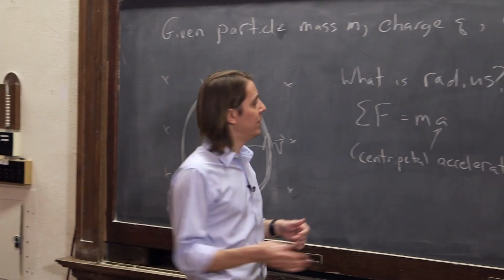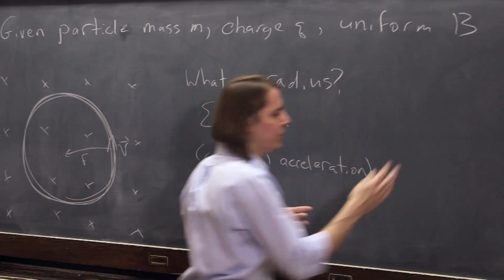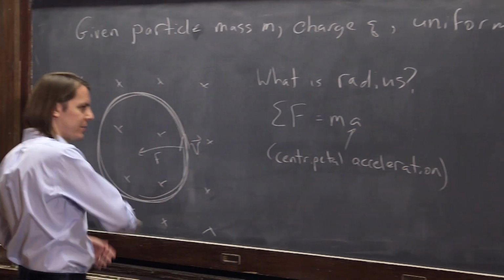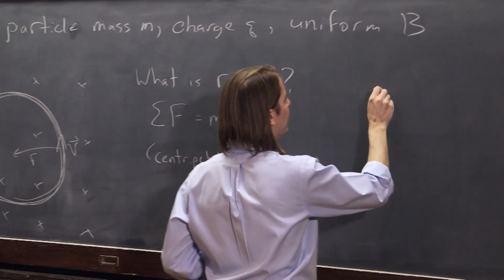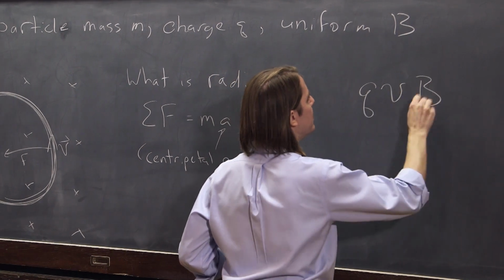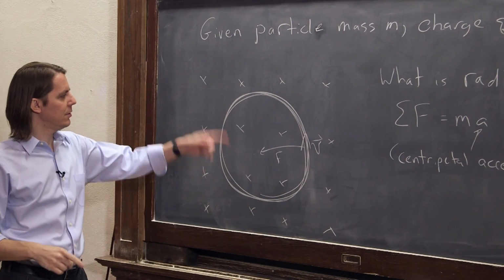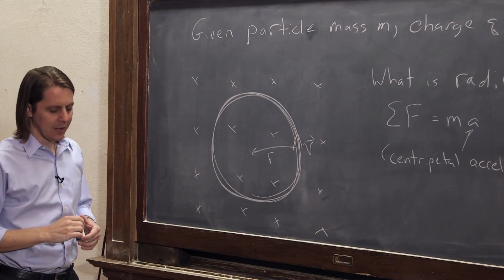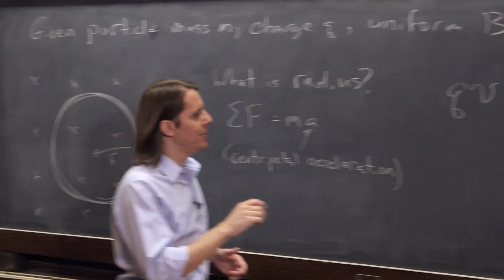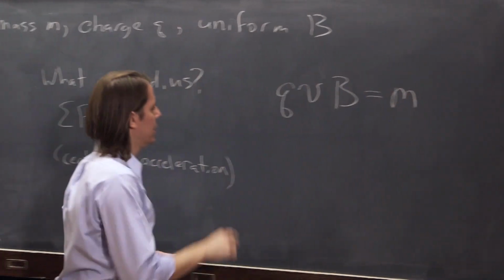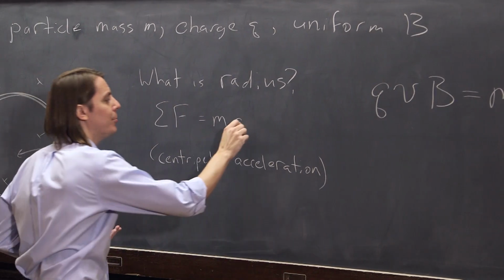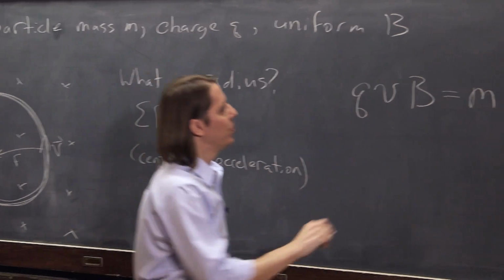So we can solve it and say, well, what is the force? Here we're just going to do magnitudes. We're not thinking about directions. The direction is constantly changing. The magnitude of the force is qvB. All right, we were given q, we were given B. We know it's moving with some v. And that's going to equal m. We were given m, and the centripetal acceleration is v squared over R,